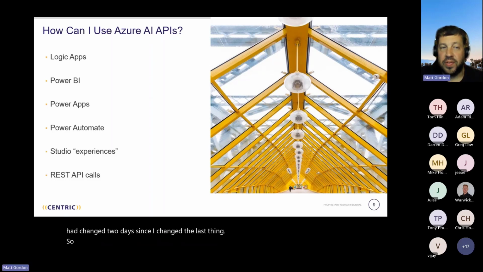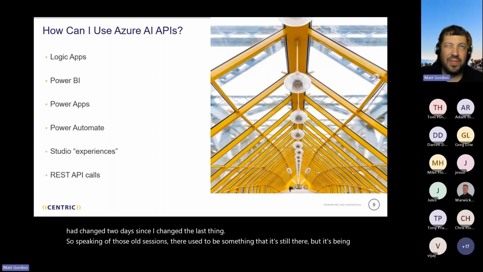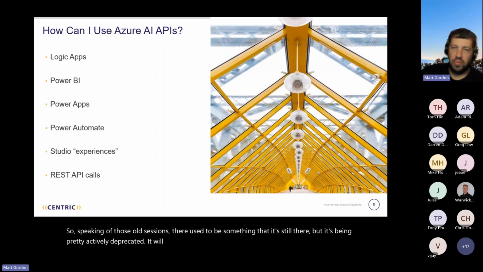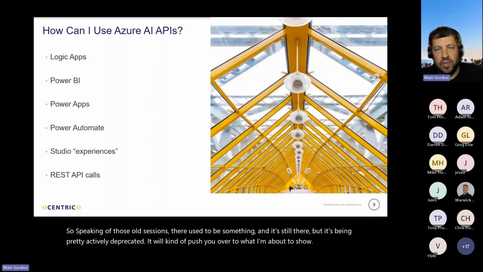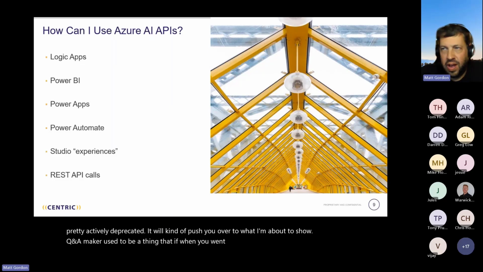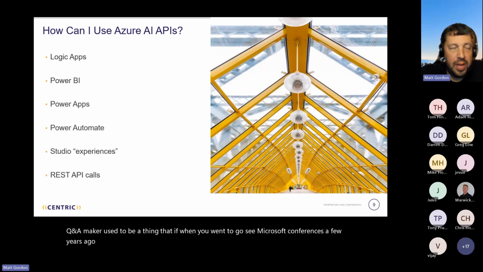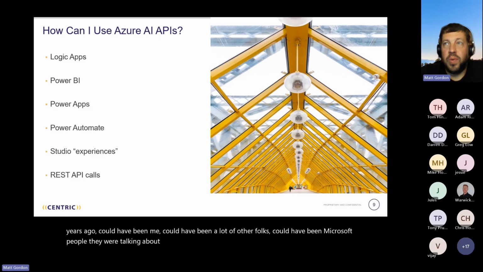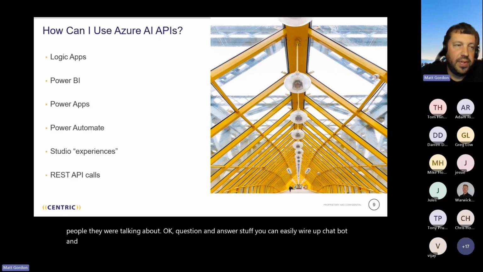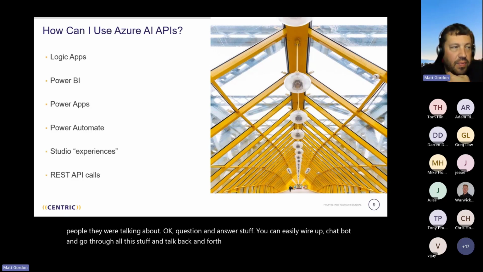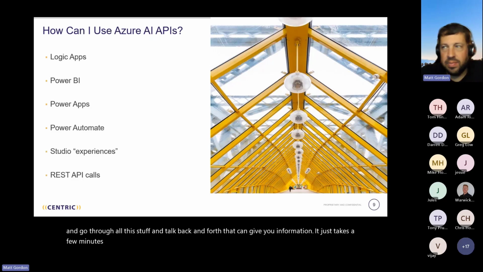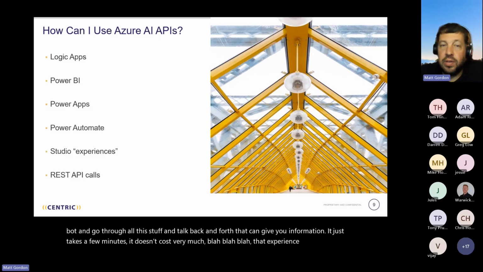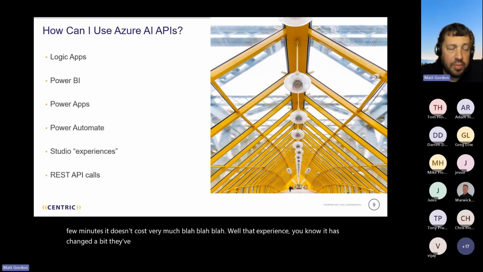Speaking of those old sessions, there used to be something, and it's still there, but it's being pretty actively deprecated. It will push you over to what I'm about to show. Q&A Maker used to be a thing when you went to Microsoft conferences a few years ago. They were talking about question and answer stuff. You can easily wire up a chat bot and talk back and forth. It can give you information. It just takes a few minutes, doesn't cost very much, blah blah blah. Well, that experience has changed a bit. There have obviously been a lot of improvements in that space,